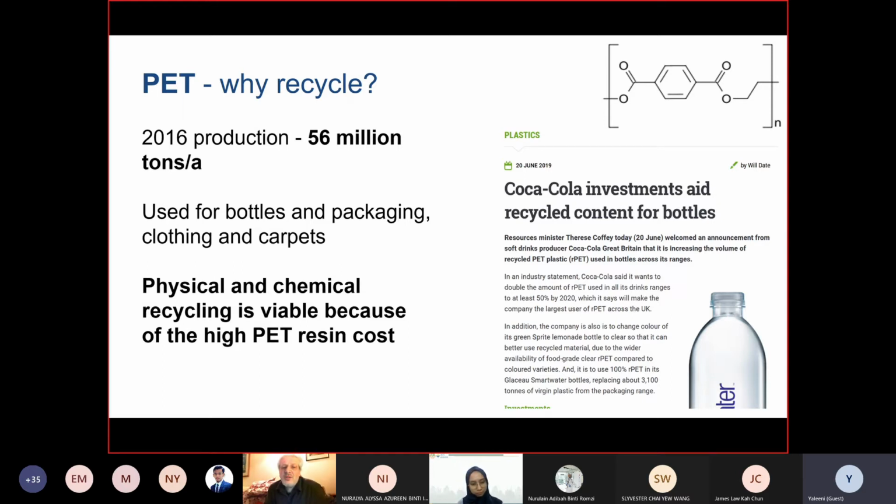Over 50, probably close to 70 million tons of polyester are produced every year at the moment, used for everything. The most visible aspect is probably plastic bottles, drinks bottles, and the value of the resin for this is high, which justifies why it is worth recycling it rather than just burning it as an energy resource, as a waste product. But